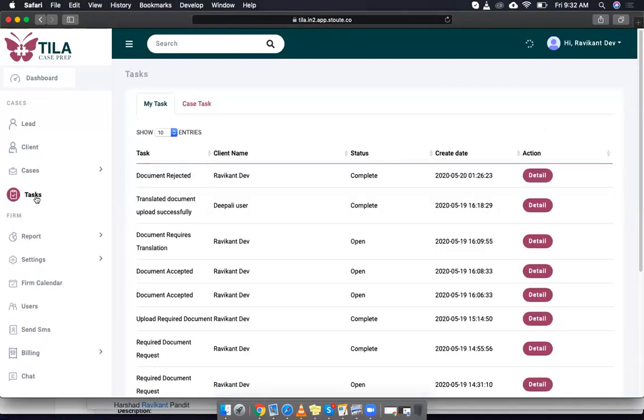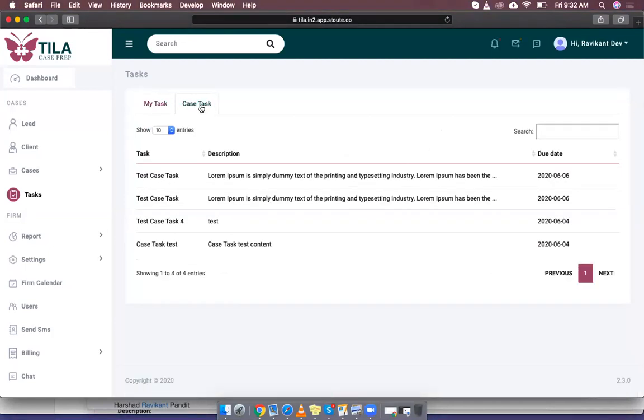So in the task section, once you go there, he can see all the tasks which are related to him or which are actually coming up for him to fix up. The other way, we also made a tab which he creates for himself, like this form, which is probably specific to the case or something. Okay. So for the My Tasks tab,